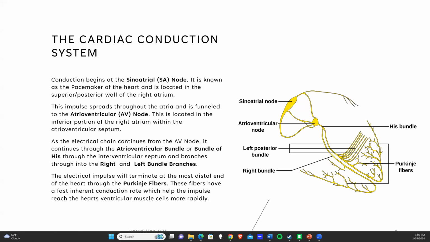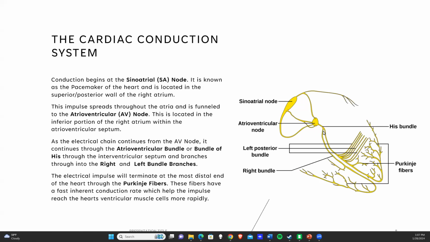Once that contraction happens, that electrical impulse is funneled into the atrioventricular node, seen right here in the middle, which is located in the lower portion of the right atrium. If you divide the heart into four quadrants, it's almost located right there in the center, between those four chambers. And the electrical signal passes inferiorly through the AV node to the bundle of His